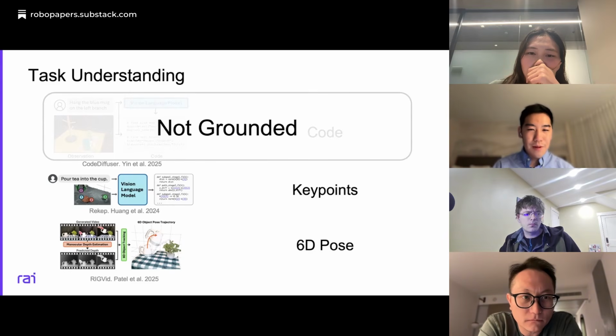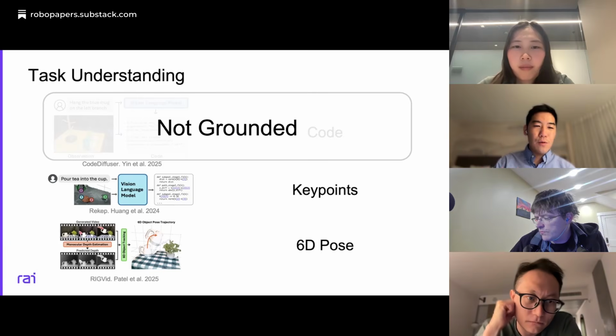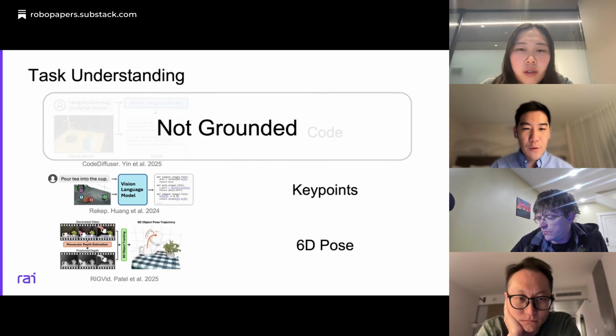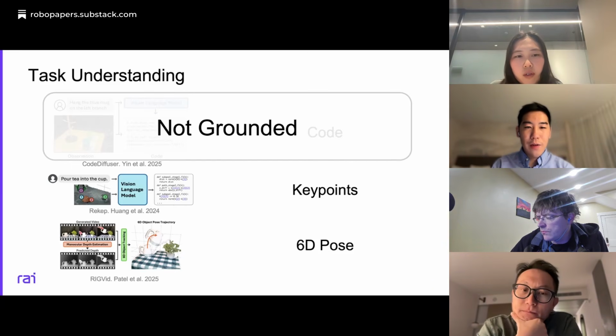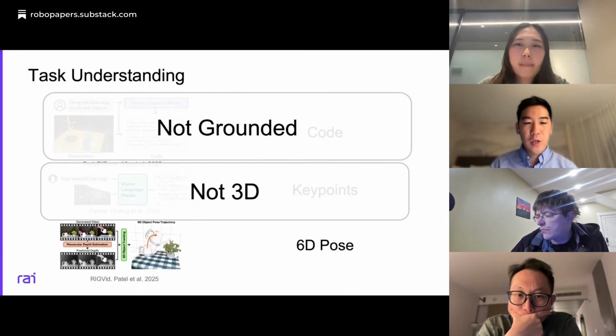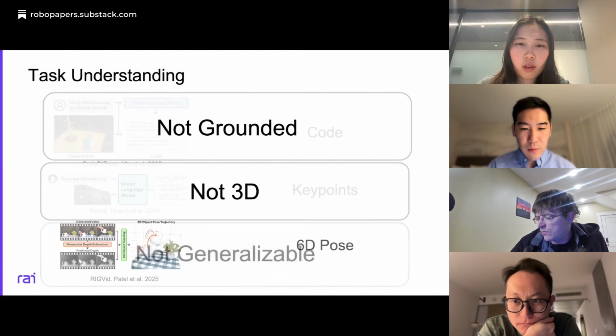So what's the problem? For code, it is not directly grounded in the 3D scene, so we have to combine it with other modules. For example, if you want to describe the mug here, you need to have a detect function. For keypoints, they're not directly in 3D, so it's not very natural and powerful to represent some 3D motion, for example rotation or other 3D motion.